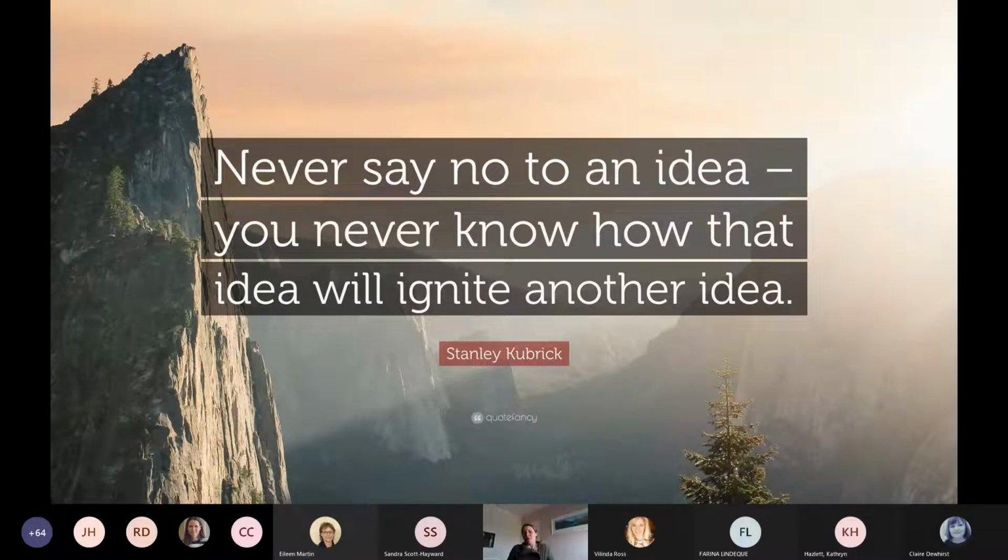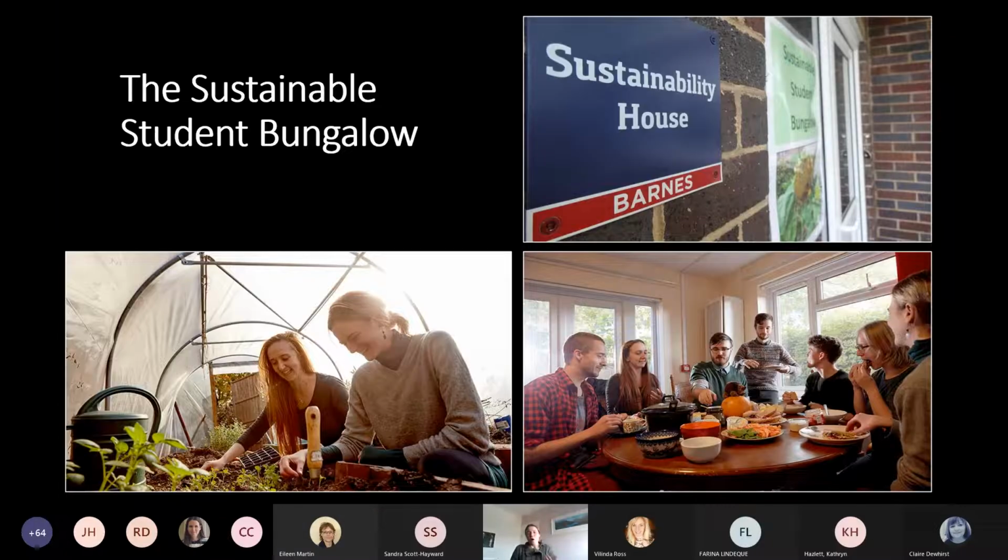One of our other key approaches is to try to never say no to a student. If a student comes to myself and the very small team that I used to have, currently vacant positions, if students come to us and say that they have an idea around a sustainability project, we really don't want to say no, because that is the most disempowering thing that they could have at this point in their lives. So we really try and support their ideas. And one such idea came about 12 years ago,